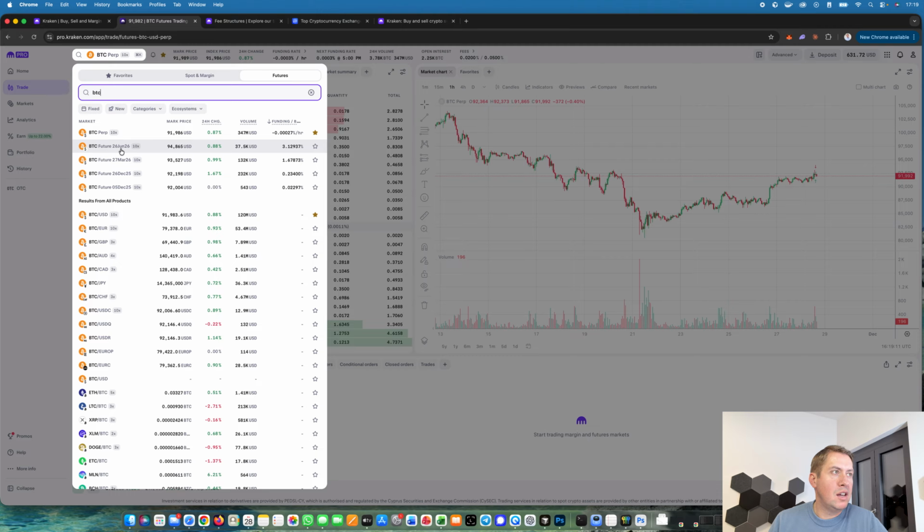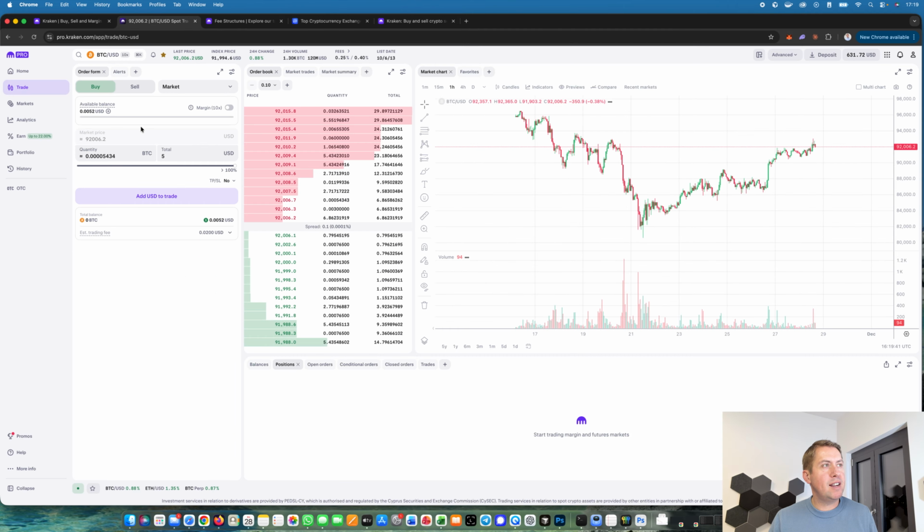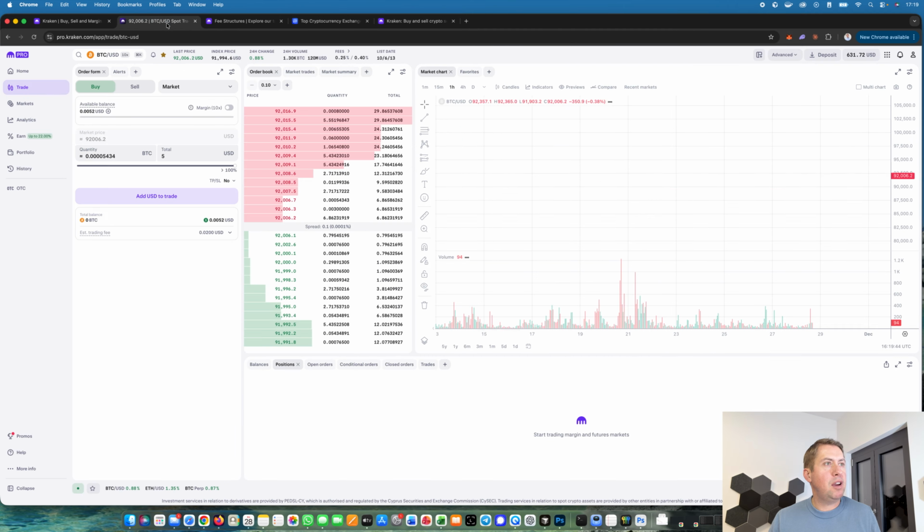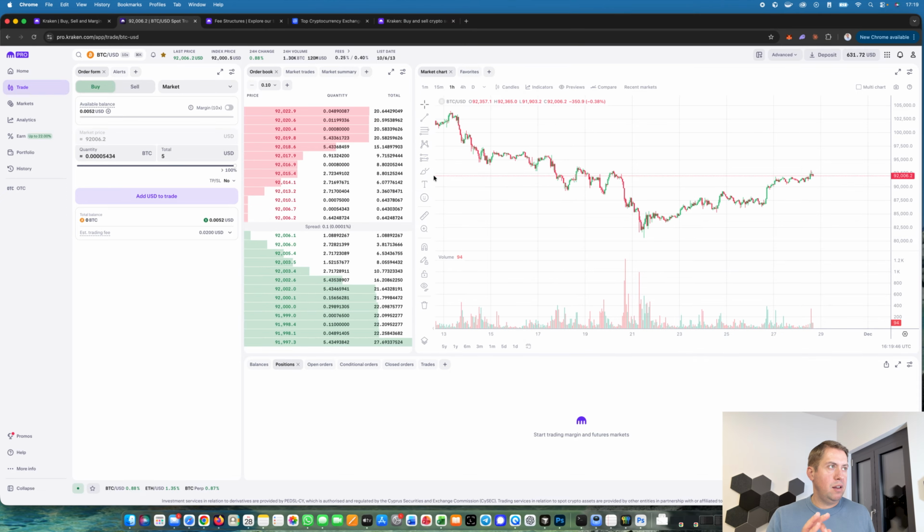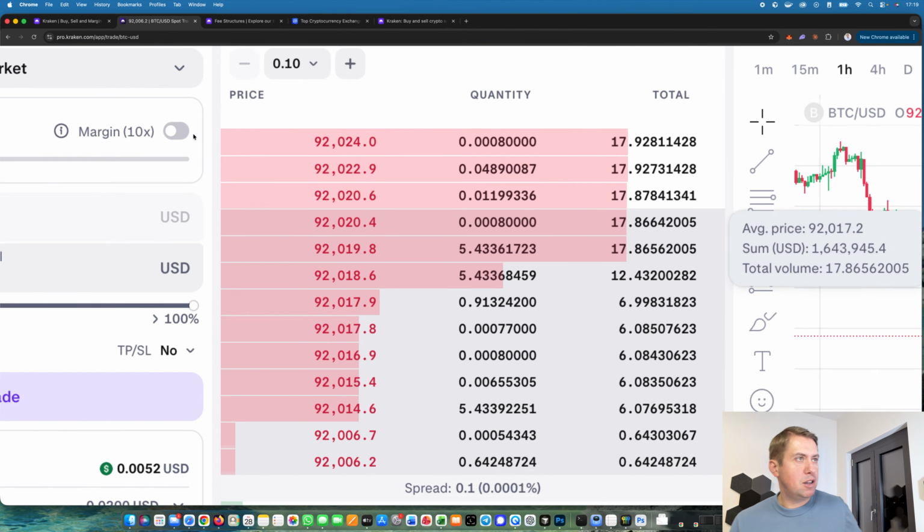And then there are also the futures. So perpetual futures don't have an expiration date, and then they have a couple of futures that have an expiration date. However, you can see there's almost no volume. Most of the volume is always in perps, so futures that you can hold forever, basically. And then you have the BTC USD. That's all the spot markets here. So if it doesn't say perp or future here, then it's spot. And then you can buy Bitcoin here on the spot